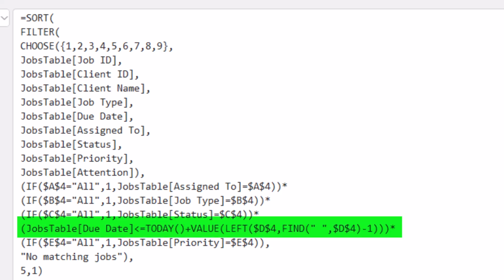Now let's look at the filtering by due date section. The due within control works slightly differently. Here we're asking Excel to compare each job's due date with today's date. If we want jobs due within the next 30 days, the basic test is jobs table due date less than or equal to today function plus 30. So if today were September 1st, Excel would include jobs due on or before October 1st. Because today updates automatically, that 30-day window also moves forward automatically. The user isn't entering dates, they're simply choosing a period such as 7 days, 30 days, 60 days, and Excel